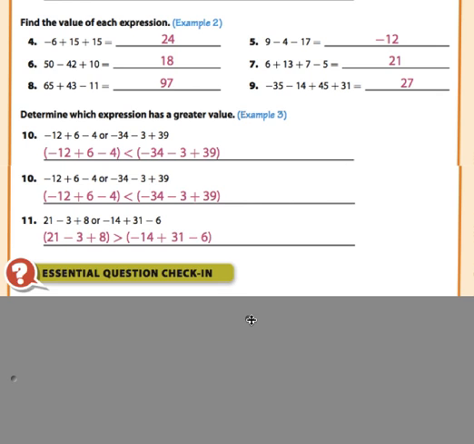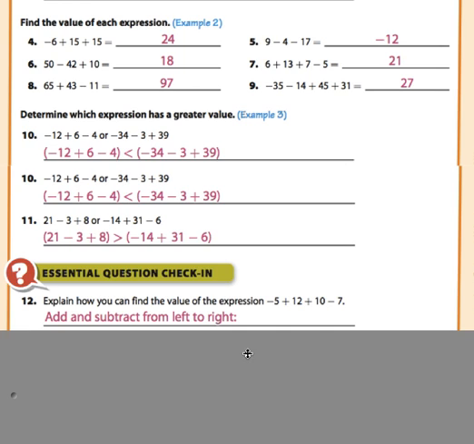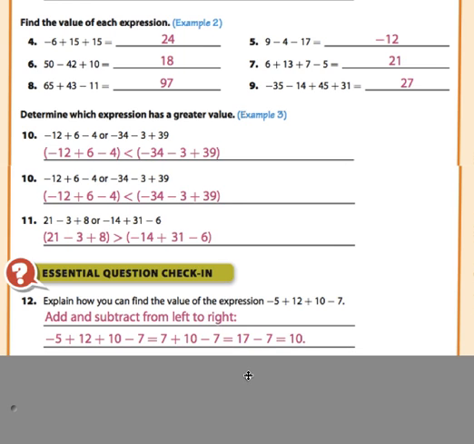All right, we have our essential question check-in. Explain how you can find the value of the expression. So you're explaining how you can find how much this expression is, or solving it. So how you would do that is you add and subtract from left to right. So here's an example. Negative 5 plus 12 plus 10 minus 7 equals,